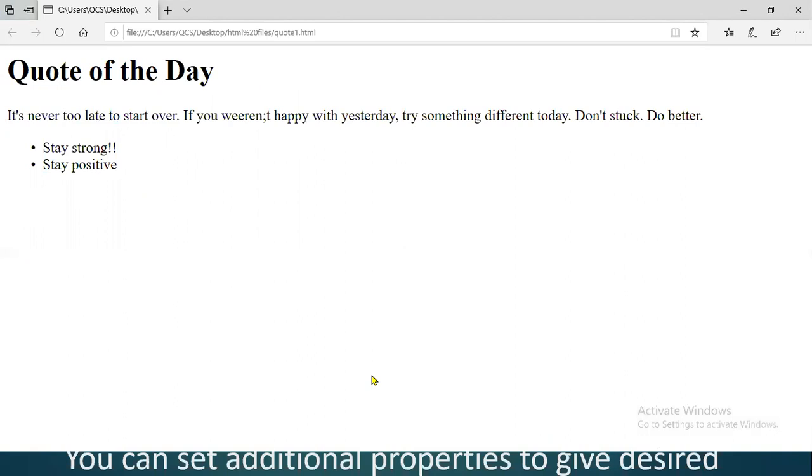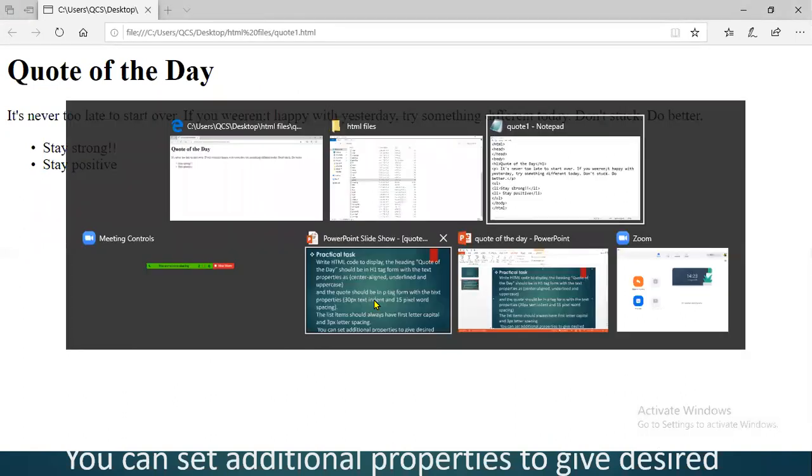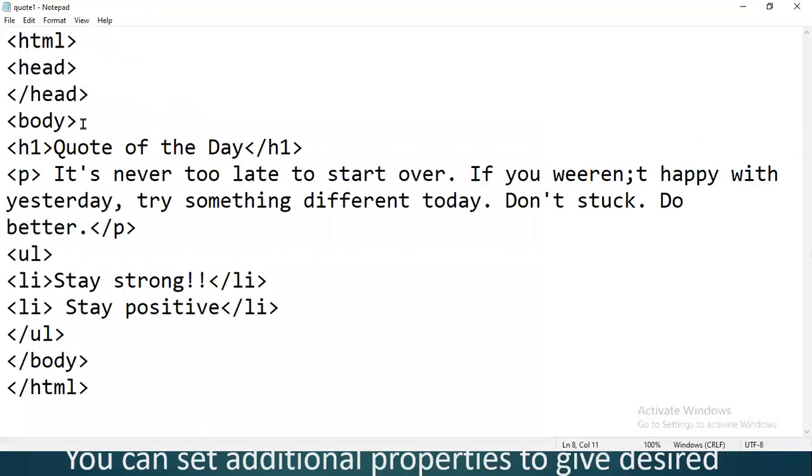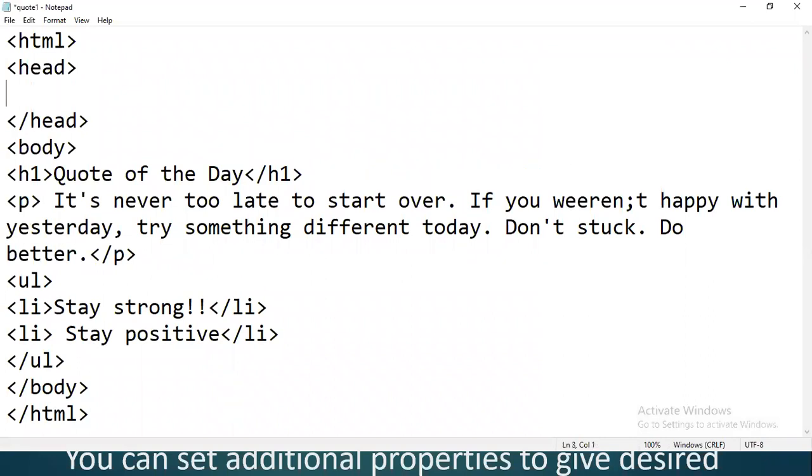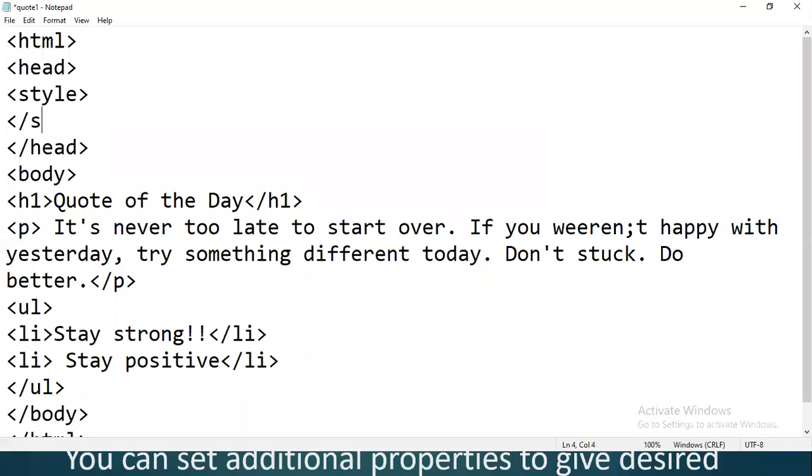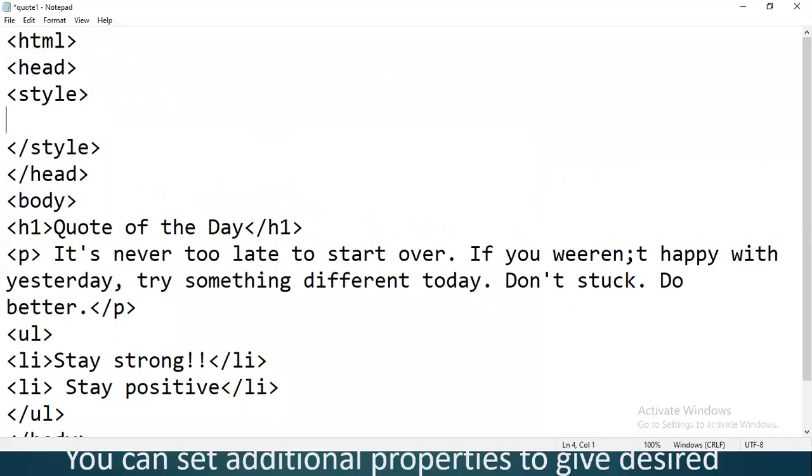Now we'll do the formatting. How can we do the formatting? First of all, we'll start a style tag under the head tag. The first requirement was that the text under the H1 tag should be center aligned.